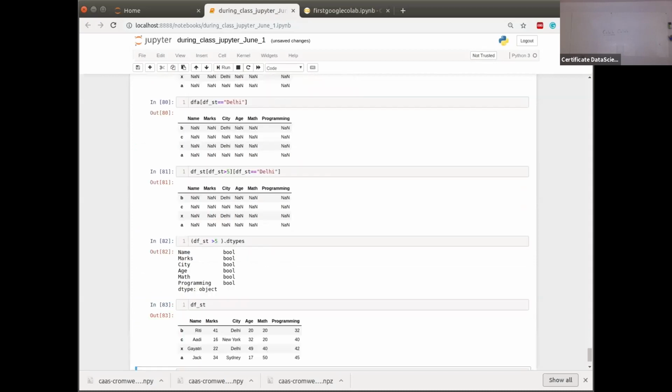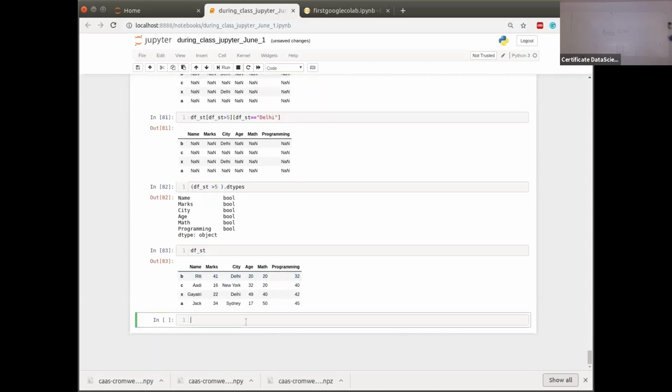Okay, great. Now, you might want to ask this question. This is great, but how do I actually get one row or one location? Let's see, DFST. It supports a few functions, iloc and loc. That's what I'm going to talk about first. Let's talk about loc first. What does it mean? It means location. So for example, if you want to use index B,